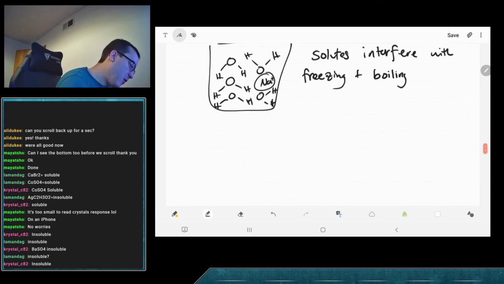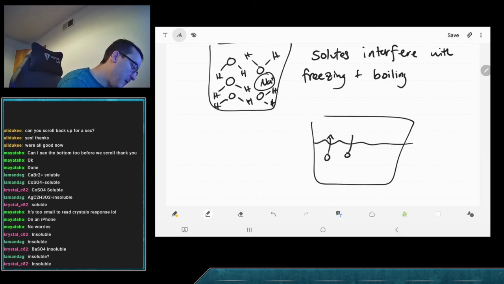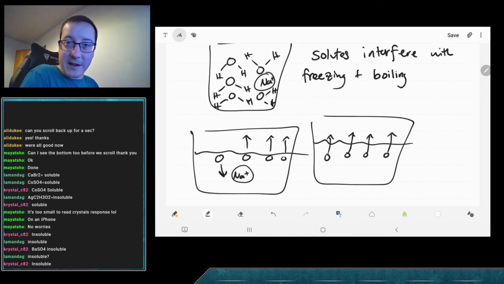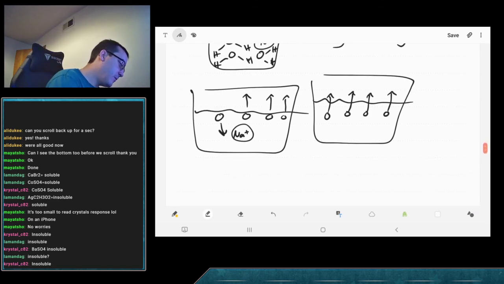So if you think about our water molecules trying to escape, this is normally how boiling might look. But if we throw in some solute particles, maybe this water is actually going to be attracted to a positive sodium down there. Remember, stronger intermolecular forces mean a higher boiling point. That was kind of the whole thing we did on that worksheet, right? So this one just has water escaping